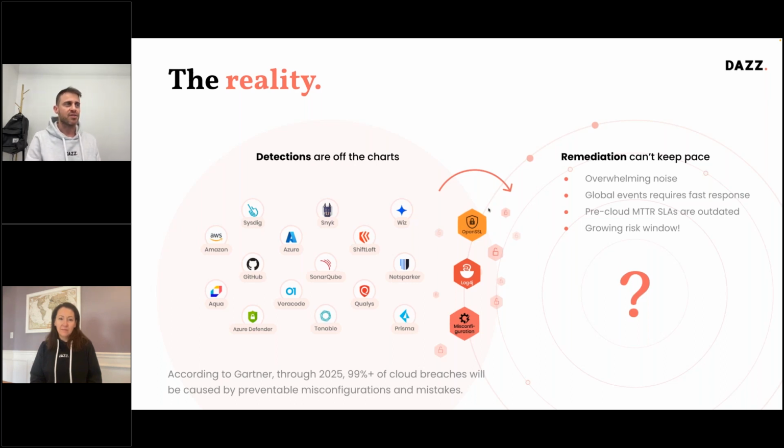The remediation of that is not even in the conversation, right? It's all about detection, and we only see detection. So what do we do when we want to go to the remediation phase? What do we do when we want to solve all of those problems that are spinning up and try to prioritize them and try to understand what the risk is?